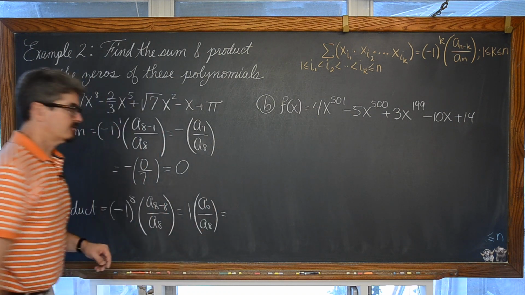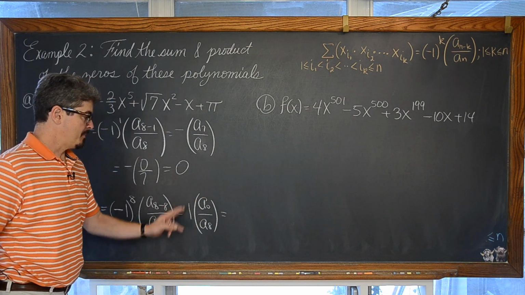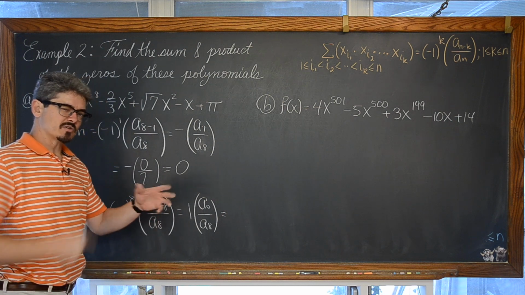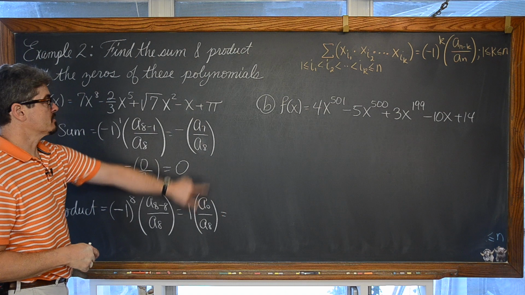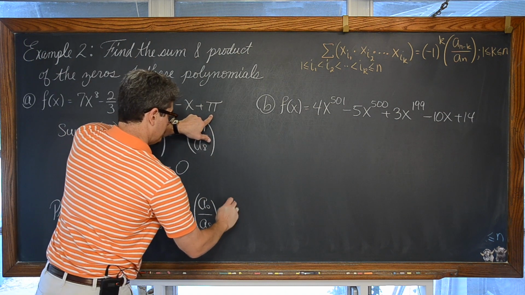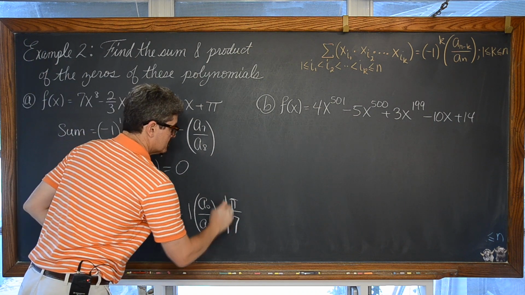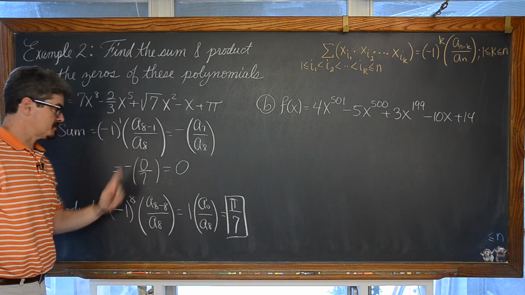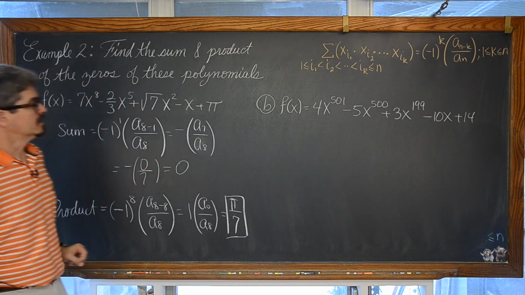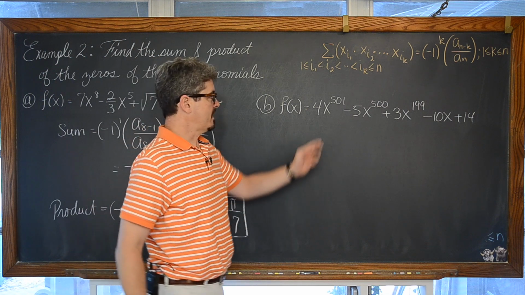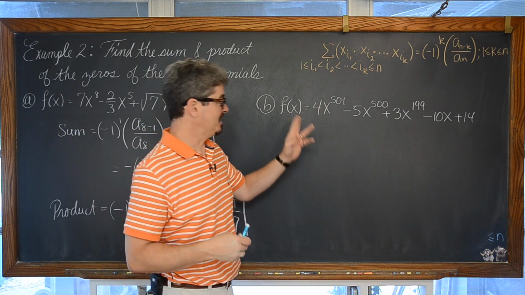Kind of like positive c over a for a quadratic, and the opposite of d over a if we had those specific coefficient labels for our cubic function. So a sub 0, our constant, is equal to pi, and a sub 8 is equal to 7. So the product of all of the roots for this polynomial is going to be pi over 7. Double check. Yes. Now over here, where we have a polynomial of the 501st degree